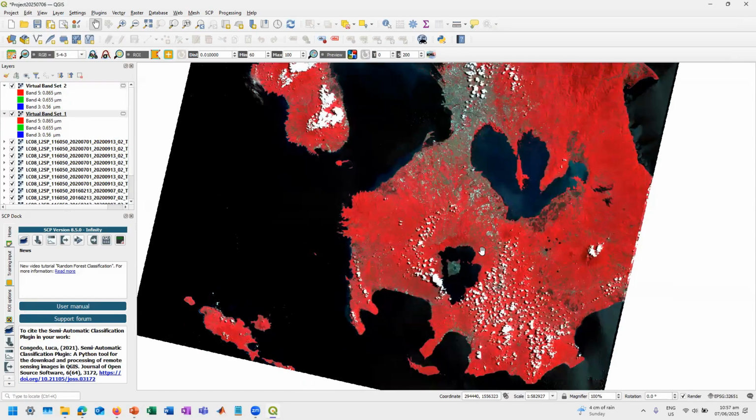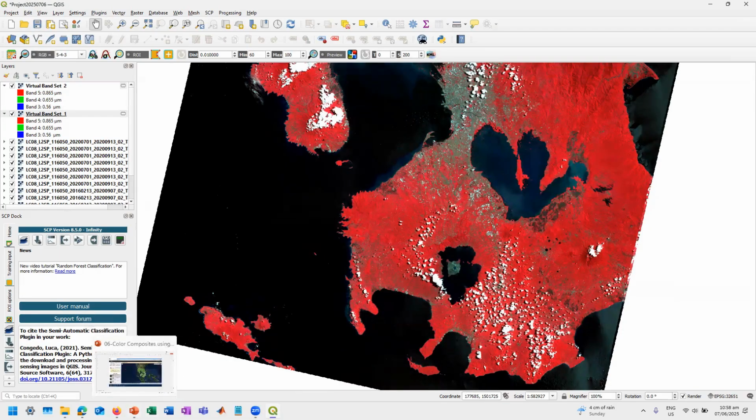Questions po? So your assignment for today is to just do this imaging. You will use four color composites.